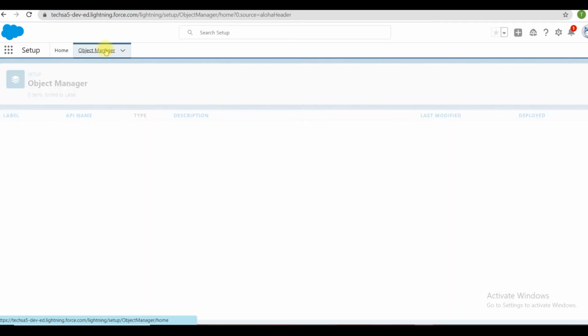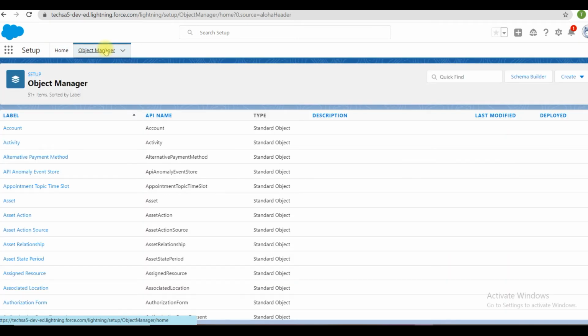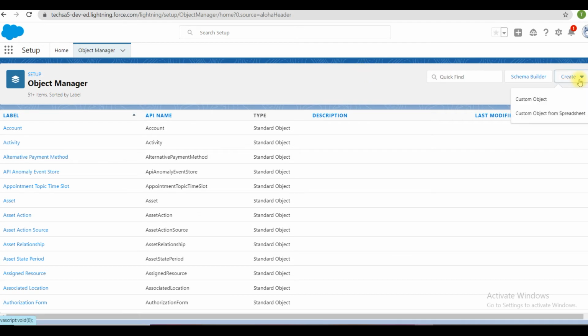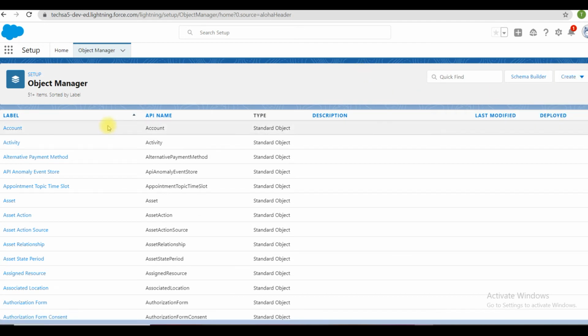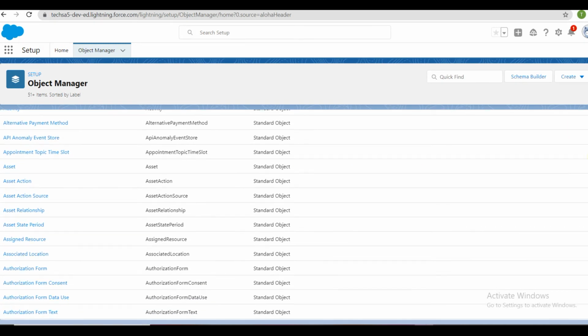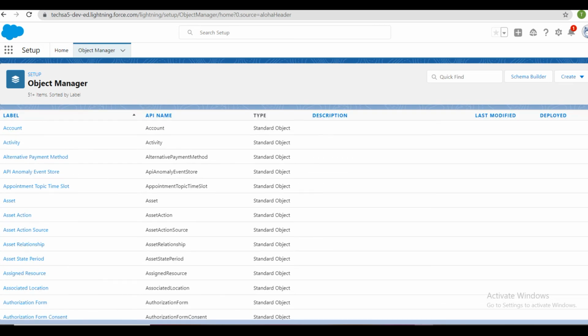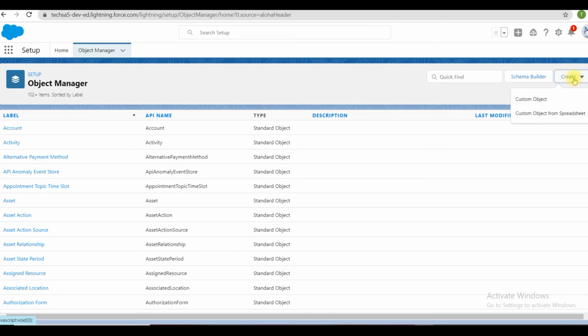This is the Object Manager. Here you can create new custom objects using the create button. Here you can see all the standard objects like account, activity. We don't need to create these manually. Assume we have to create a new custom object which is not already here, then we can use this create button.